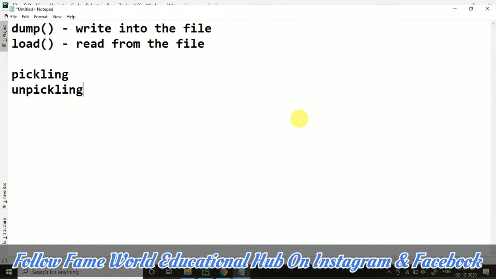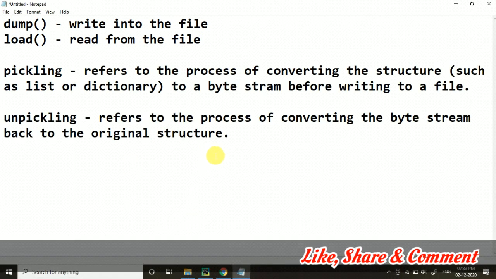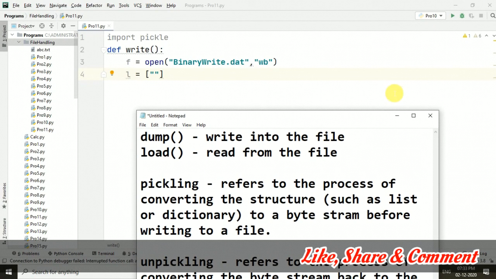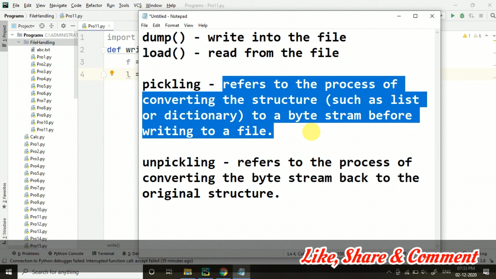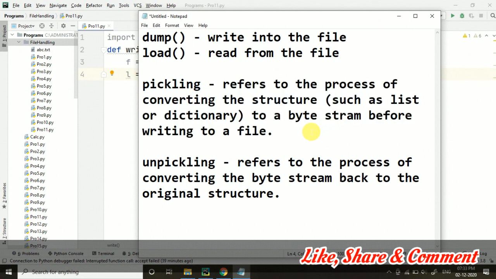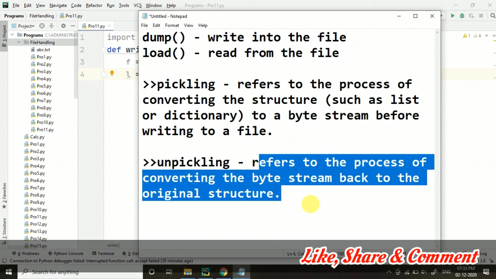Let me make a note here for you. This is the definition of the concept of pickling and unpickling. Pickling refers to the process of converting a structure such as a list or dictionary to a byte stream before writing to a file, and unpickling is the reverse thing. It refers to the process of converting the byte stream back to the original structure.